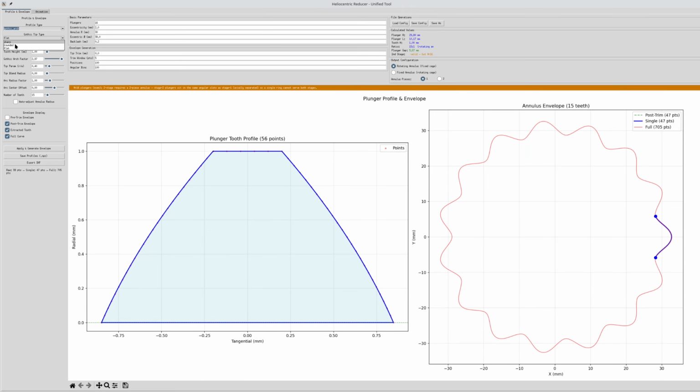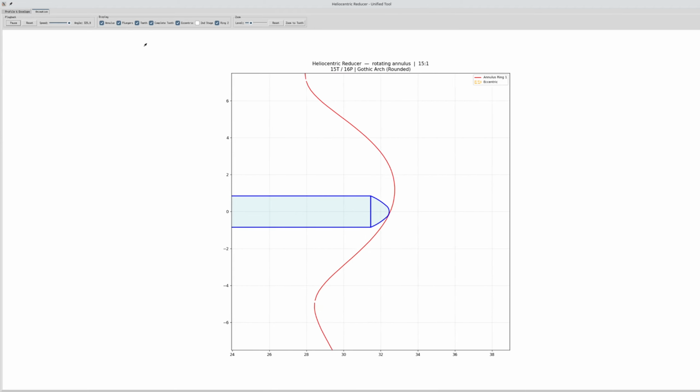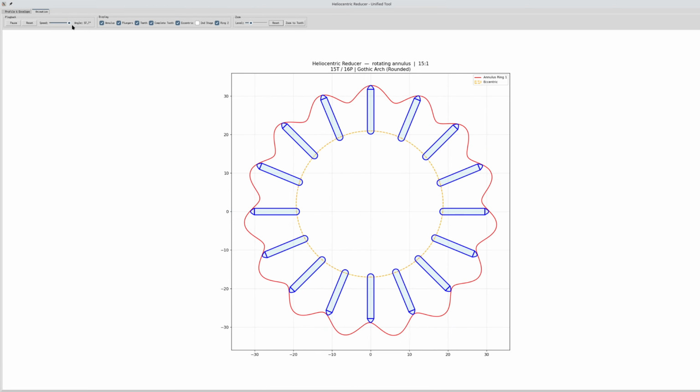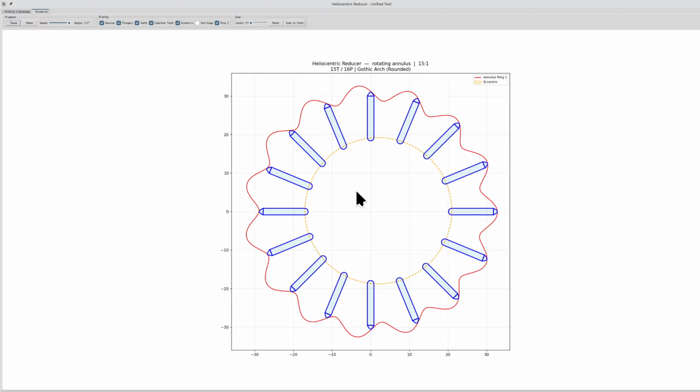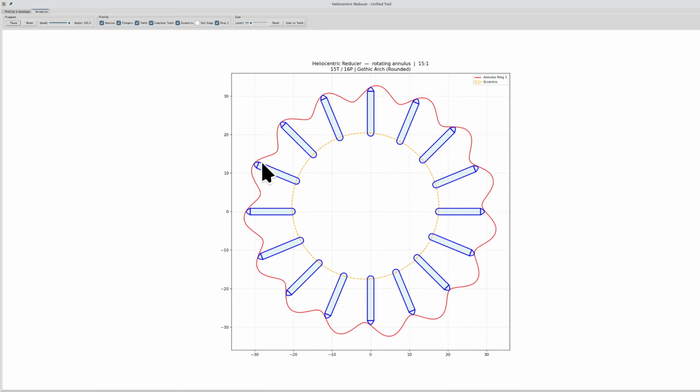So let's see, we want to do rounded. So this is like your Gothic arch shape. We can do apply and generate and check that out. Everything should be updated. Now, the other thing I added here, which is kind of interesting, is you'll notice that this is an eccentric, right? And so if this is spinning super fast, you're going to get a whole lot of